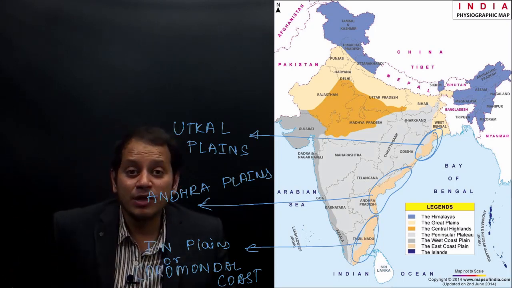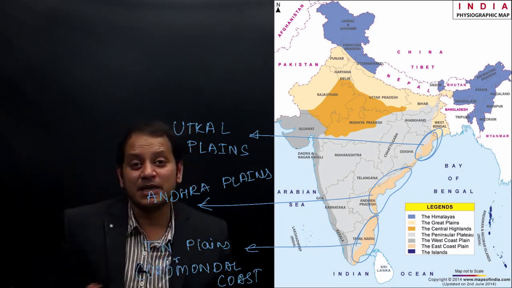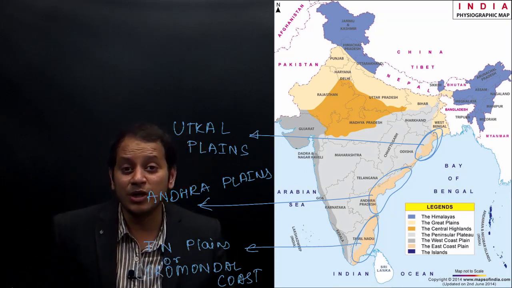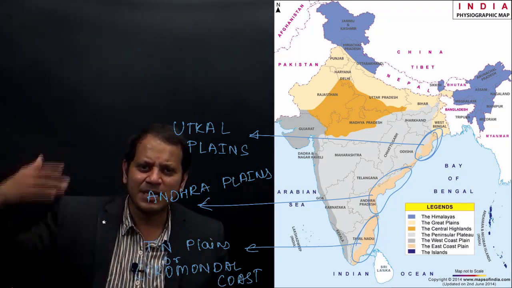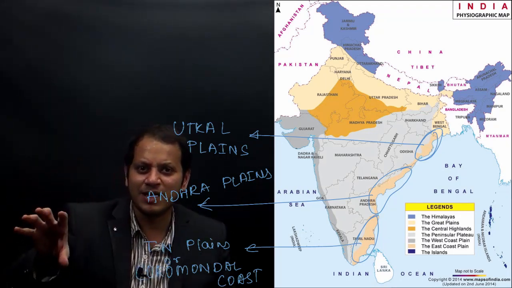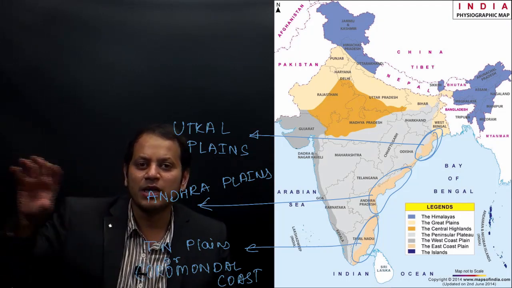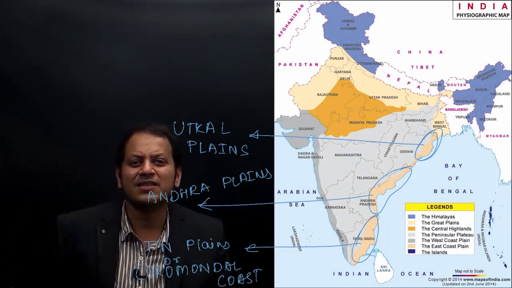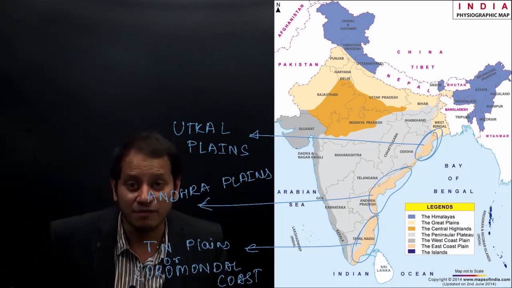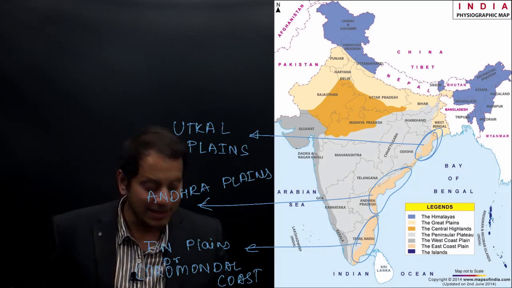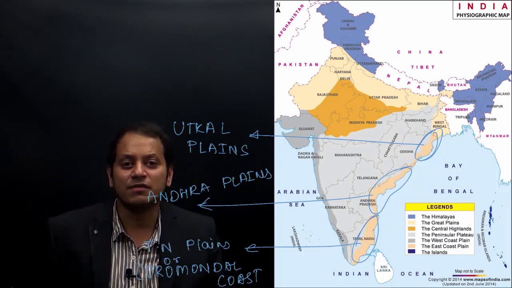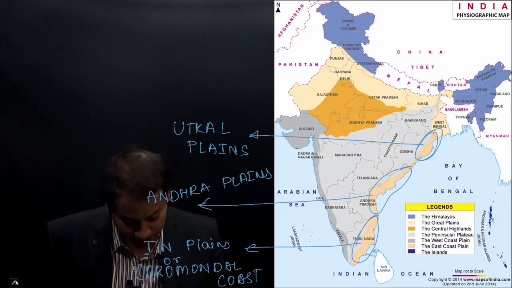I am not going to do any of these things separately now; allow me in the next lecture to go into detail. We are studying the plains in this lecture, and in the next lecture I will tell you the specialty of Chilka Lake and Pulikat Lake, in terms of environment and ecology, so that you don't miss out on some of the questions of that area also. So let us first start our study with the difference, and we will revise the differences between the west and east coastal plains.